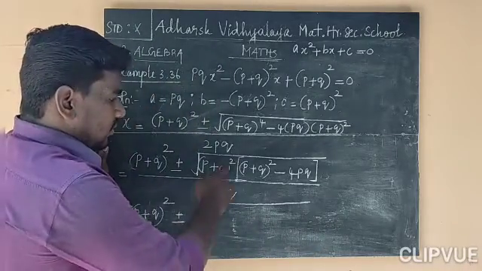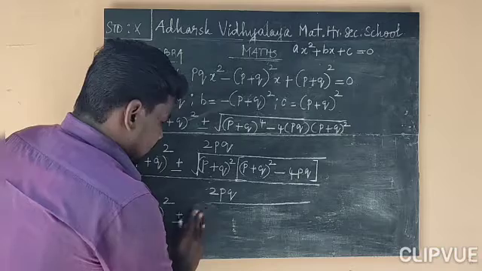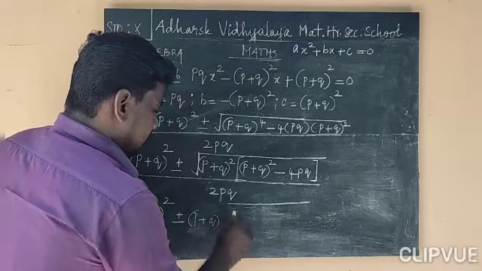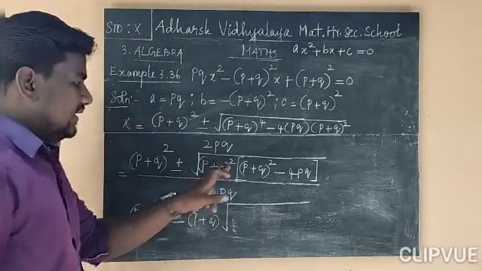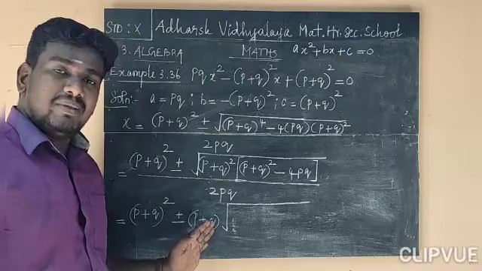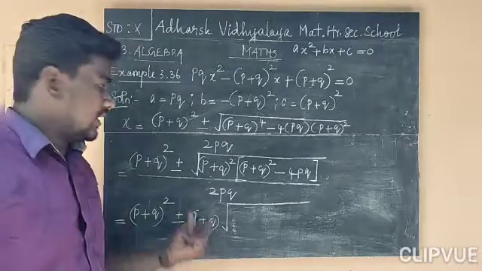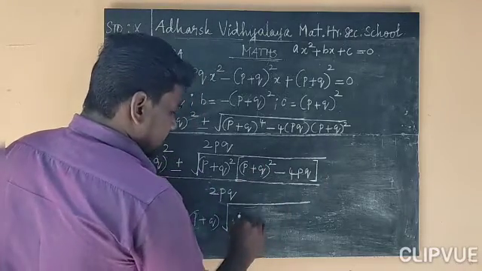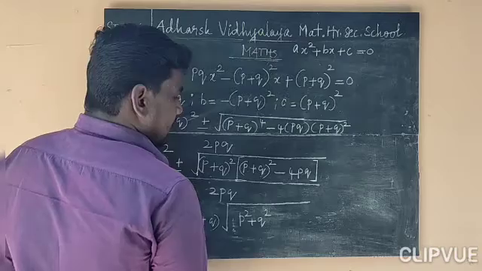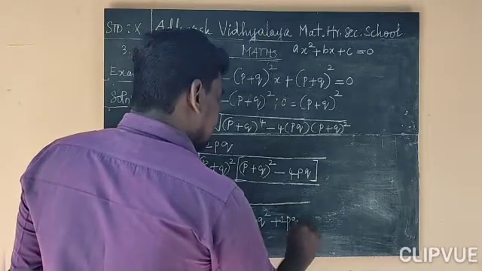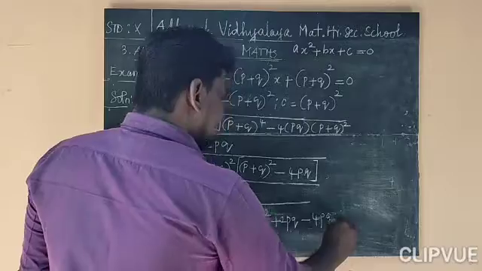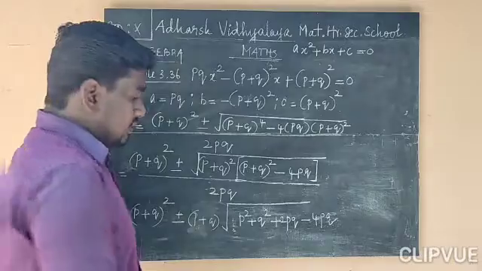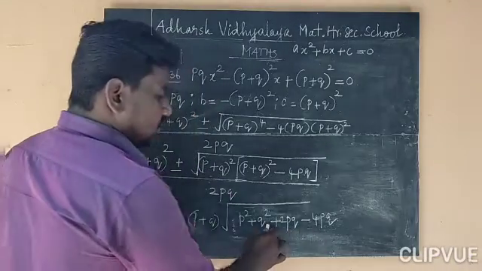So p plus q whole square plus or minus root of, actually p plus q whole square you can take that out from the square root. What do we get? P plus q. Actually it is in square, if you take from square root it will be cancelled, so we'll get p plus q alone. Okay, right. The next if you expand this, a plus b whole square, p square plus q square plus 2 pq minus 4 pq. When you expand this, it is in the form of a plus b whole square, you will get this result. Okay, so after this you can simplify this, plus 2 pq minus 4 pq.